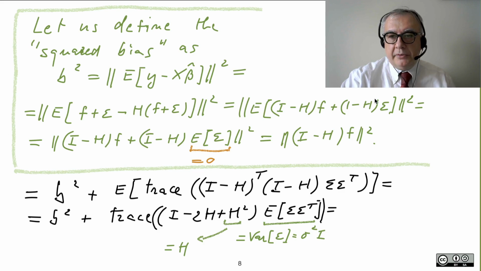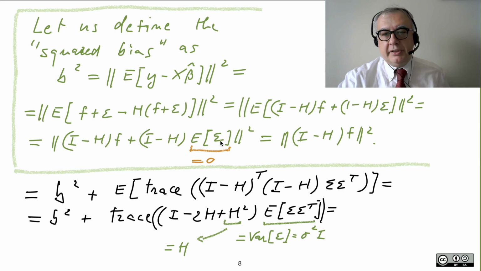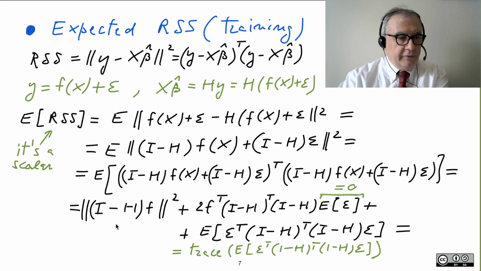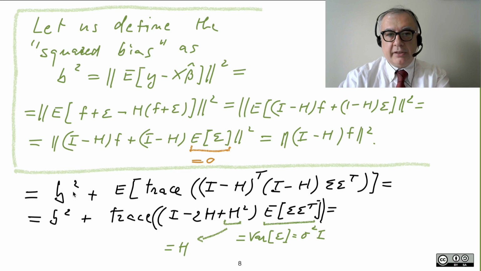Then I have to take the expectation on this one. (I minus H) is deterministic. I remain with the expectation of epsilon, which is zero. So this term disappears, and I remain with this one. And this one, look here, is just the first term. So the first term that I have here, this is just the squared bias, as we can call it. And the second term